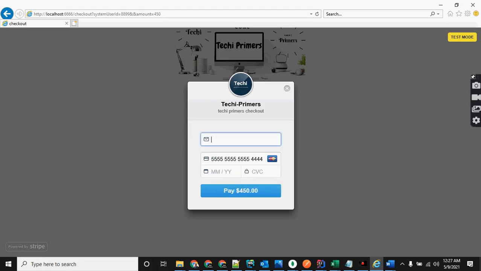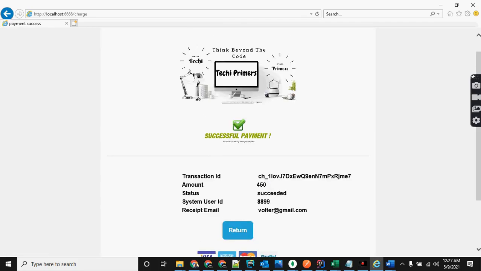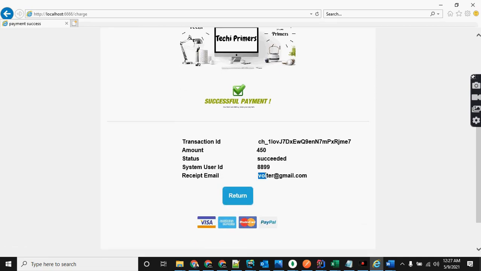This is a specific email address. You need just a customer email address. So I'm using Walter at gmail.com as my email, and you need to specify the expiry date and the CVC number, right? Once you hit, if this payment succeeded, it will redirect directly to our success page, right? You can see this payment is now succeeded. So you can see the transaction ID, the amount we are going to charge on behalf of this Walter, and this is the UID, right?